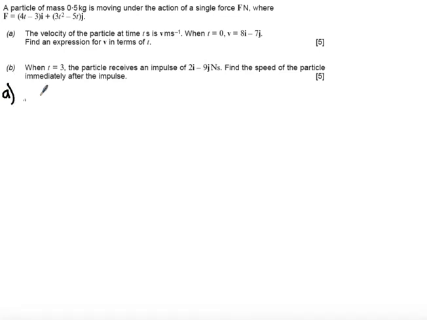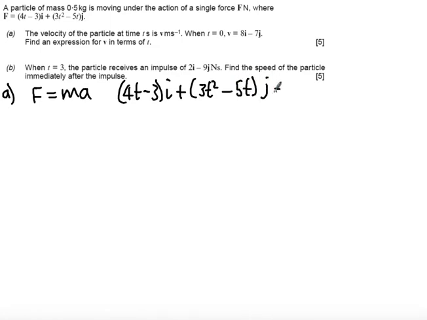Okay, part A, we're going to use Newton's second law, F equals ma, in order to link this force to the acceleration, and then I can integrate that acceleration in order to get an expression for v. So the force is (4t minus 3)i plus (3t squared minus 5t)j equal to 0.5a. If I double both sides of the equation, I'll write it as a equals, so I get (8t minus